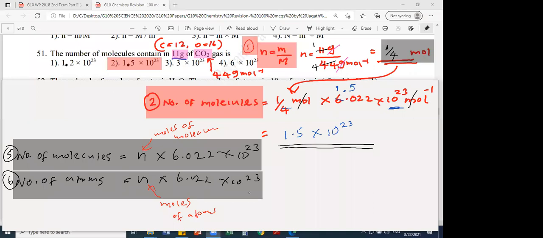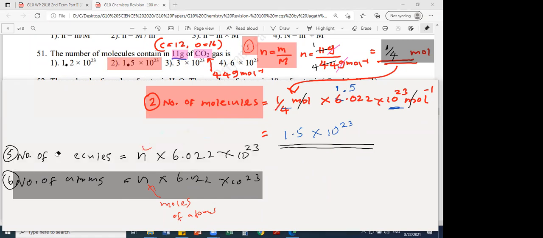Now imagine a situation. I found the molecules of this carbon dioxide. If I want to find the oxygen atoms in the same, I will explain a bit further, because if they make the question a bit harder, they can ask you how many oxygen atoms. Okay, I'll erase these 2 equations. Did you all finish copying down the 2? I asked you to copy down number 5 and 6, the last 2 equations in your short notebook, because this is one of the hardest lessons for the students.